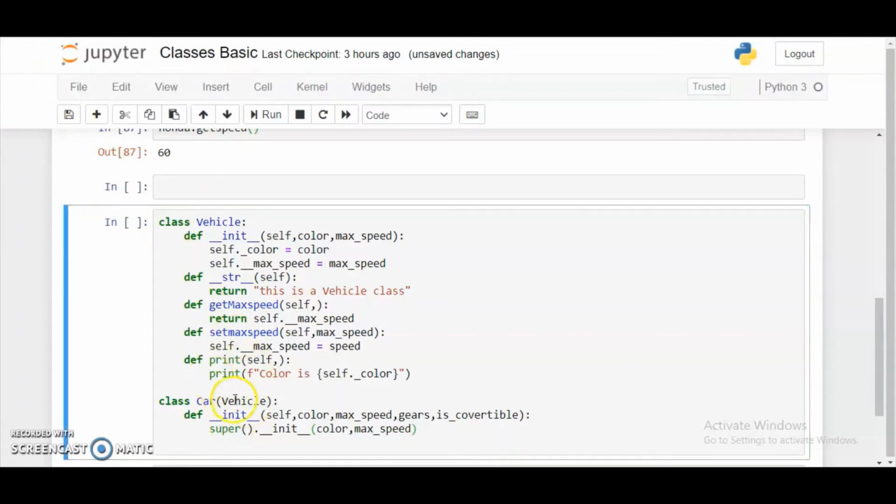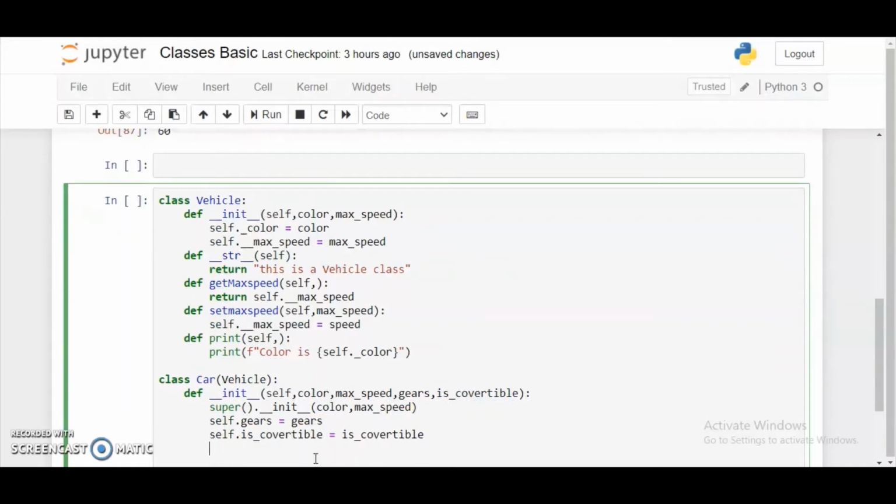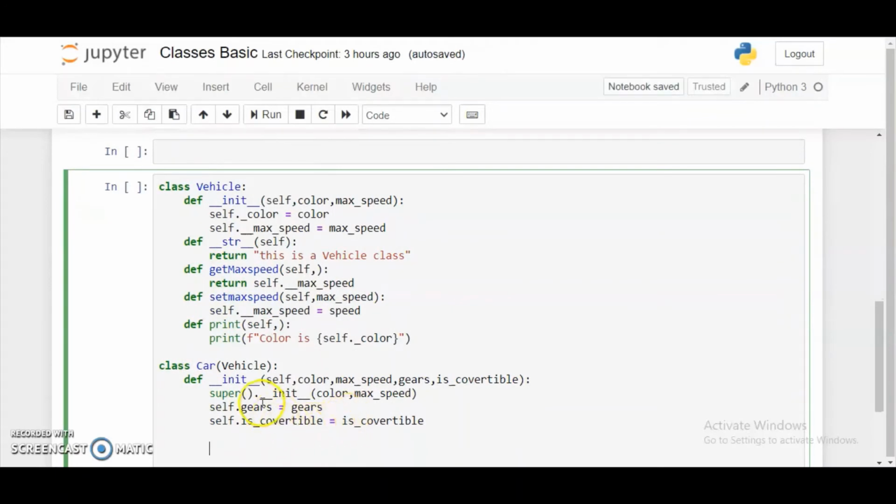What is happening here is we have passed color and max speed, and they become data members of the Car class also, because we have inherited the Car class from the Vehicle class. For the rest of the data members, we'll explicitly define them. self.gears equals gears, self.is_convertible equals is_convertible. So I think we have defined the constructor for the Car class.